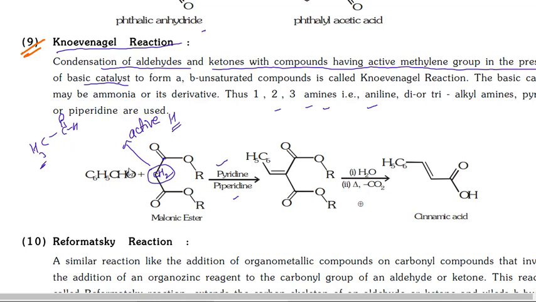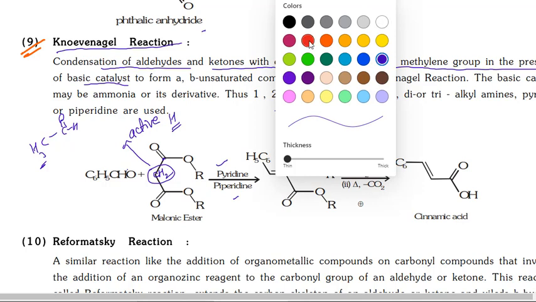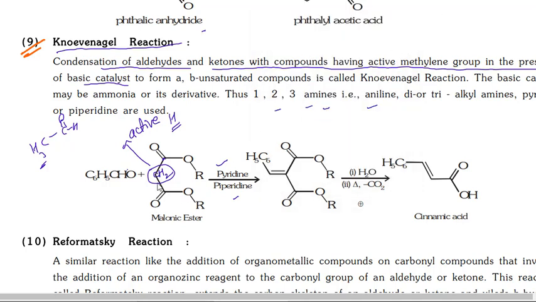Then the mechanism is very simple, just you have to remove water molecule. Today total class में सिर्फ removing water molecule, only one thing, H2O निकाल दो, ठीक है. So you are getting this one. So here after getting this, by hydrolysis क्या होगा, ester, you know that very well, ester becomes carboxylic acid, HOH. Here also HOH, 2 carboxylic acid.